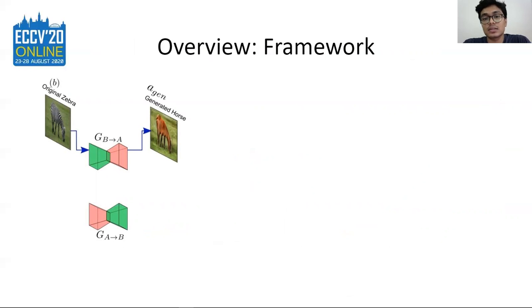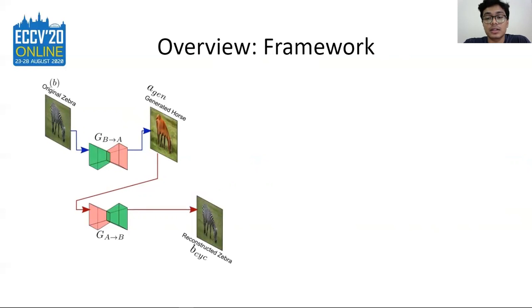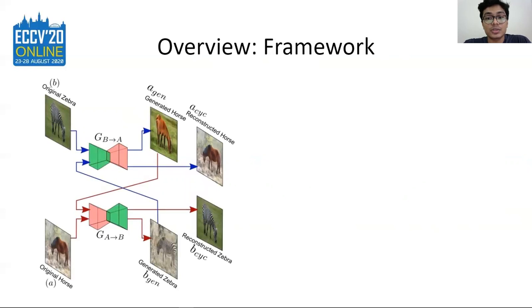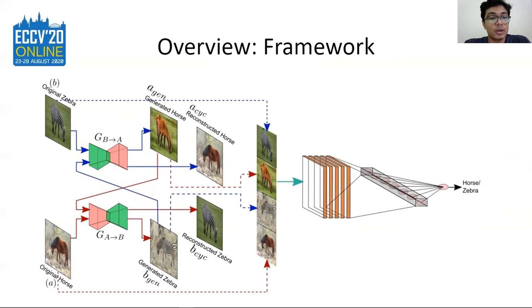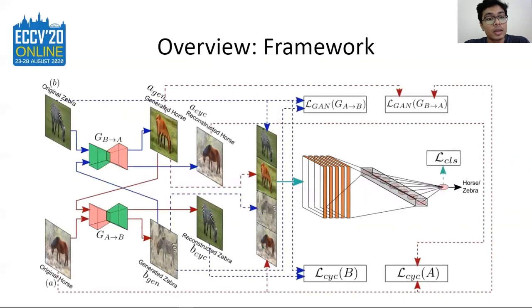The key to the success of CycleGAN is the cycle consistency loss, which is incorporated when the generated horse is forwarded through the other generator, and the reconstructed zebra image along with the original zebra image contribute to the cycle consistency loss. Similarly, we translate the horse images to that of the zebra and end up with an augmented set of images to train the classifier further. With all the losses involved, we can train the system involving both the CycleGAN as well as the classifier.